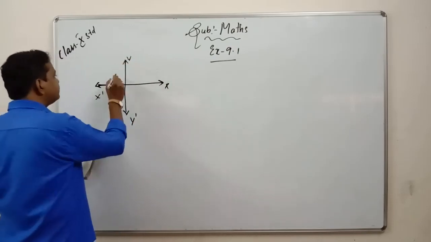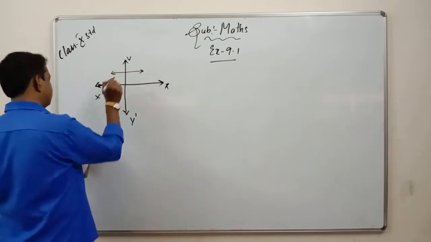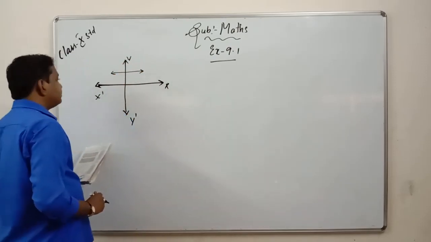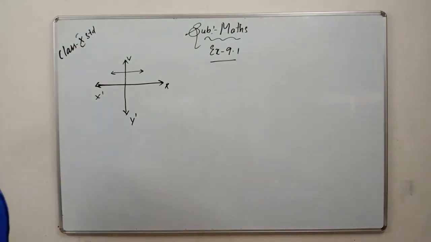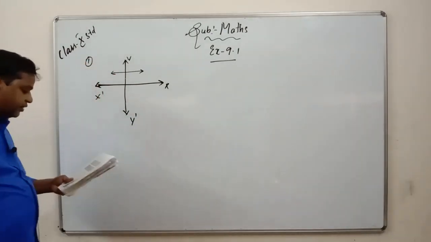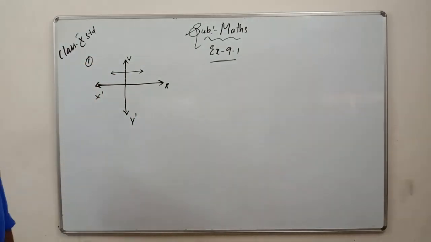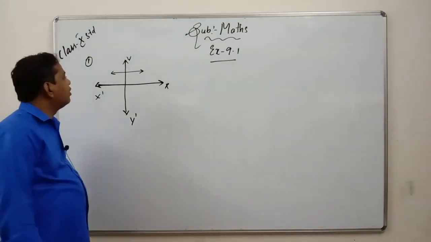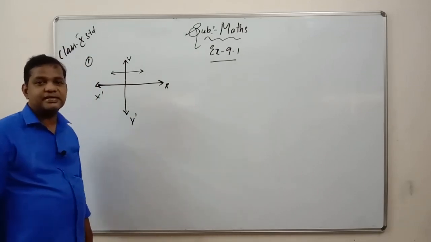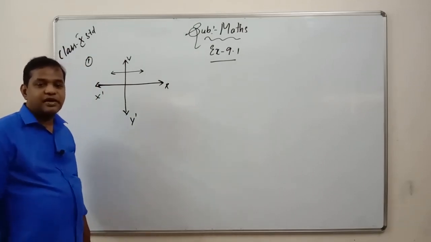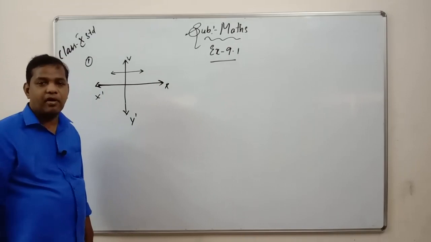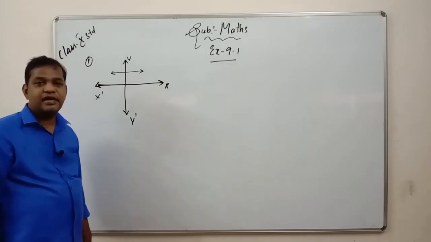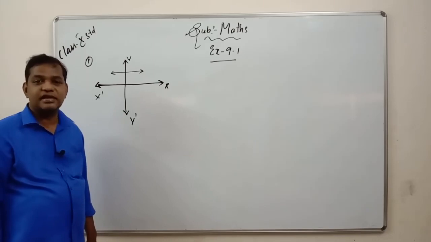So A is given. Now, how many zeros does this polynomial have? Does it have any zeros? This is figure 1. A is given with nearly 6 figures. In that we have figure 1. How many zeros does this polynomial have? It means whether the line is intersecting the x-axis, and at how many points. You can see that the line is not intersecting the x-axis at any point. So how many zeros does it have? It has 0 zeros only. There will be no zeros for this polynomial.